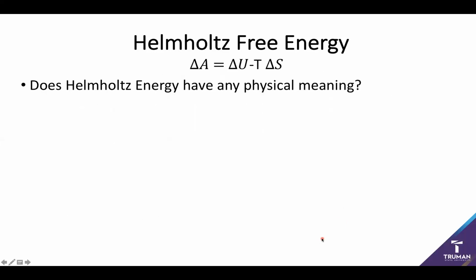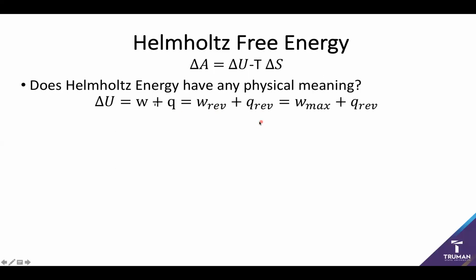However, it does turn out that our Helmholtz energy has some additional physical meaning besides just an indication of favorability. We can derive this by going back to our old friend, the first law, because we know that the change in internal energy is going to be the same as the work plus the heat entering the system. However, because these are two path functions, and this is a state function, I can artificially constrain my path function. So I know the sum of these two is also going to be the sum of the minimum amount of work and heat required,